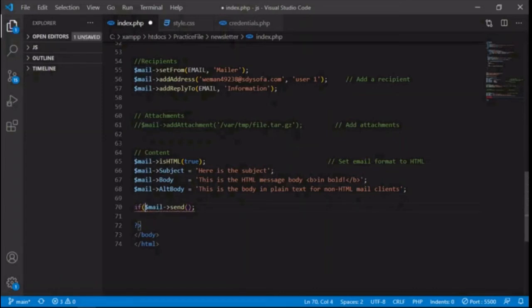First of all, we check if that email is successfully sent or not. So echo sent, else some error.